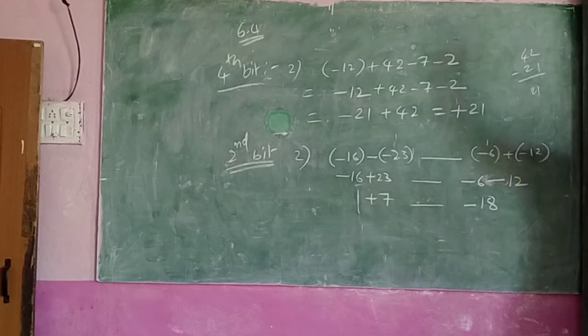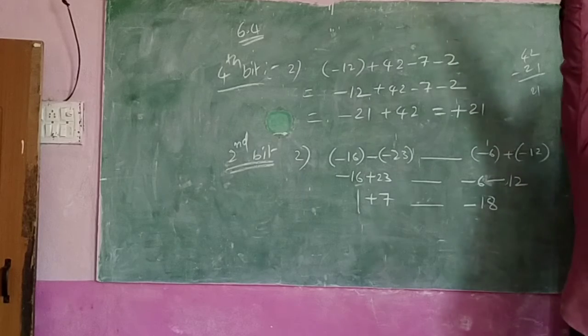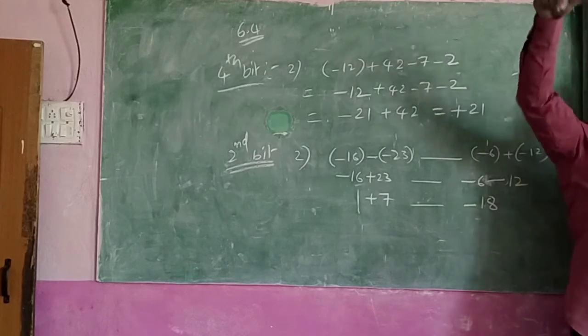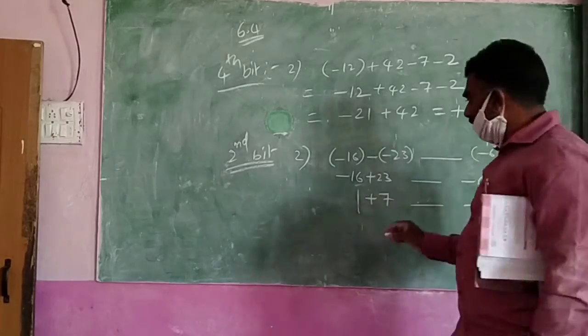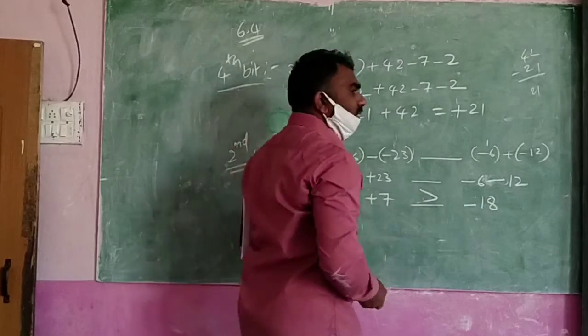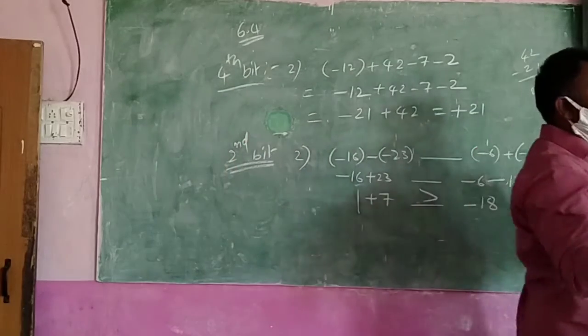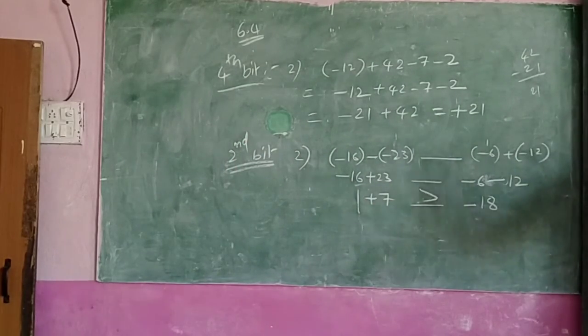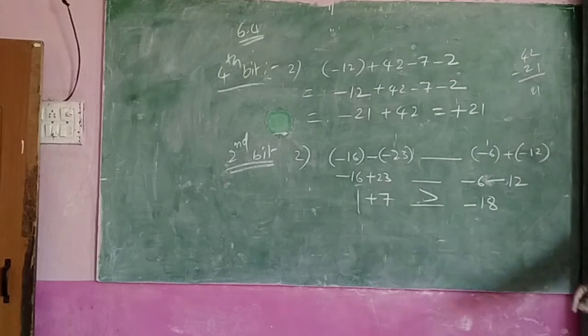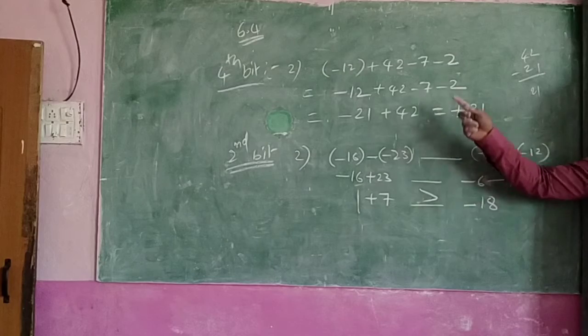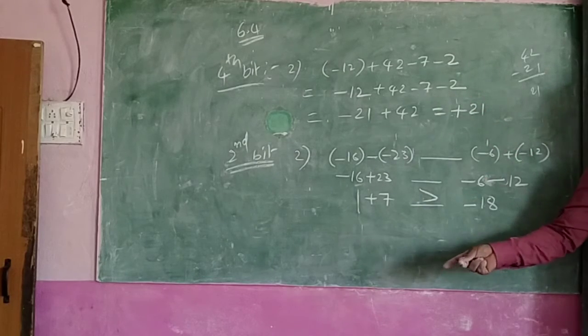Upper is not important. Position is important. Plus 7 means I am 7 steps more up. Minus 18 means 18 steps down here. So which is bigger here? Plus 7 is bigger and minus 18 is smaller. You check like that. Otherwise, the number line also is there, you know which is right side or which is upper. You check like that. So can you do this? Two examples. One example I have given.